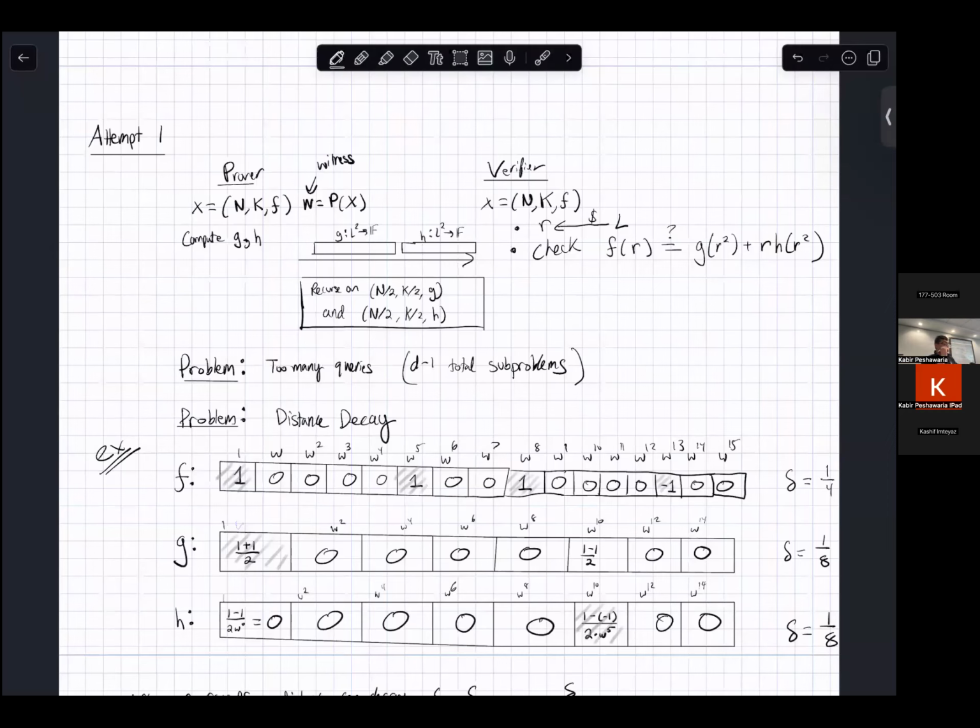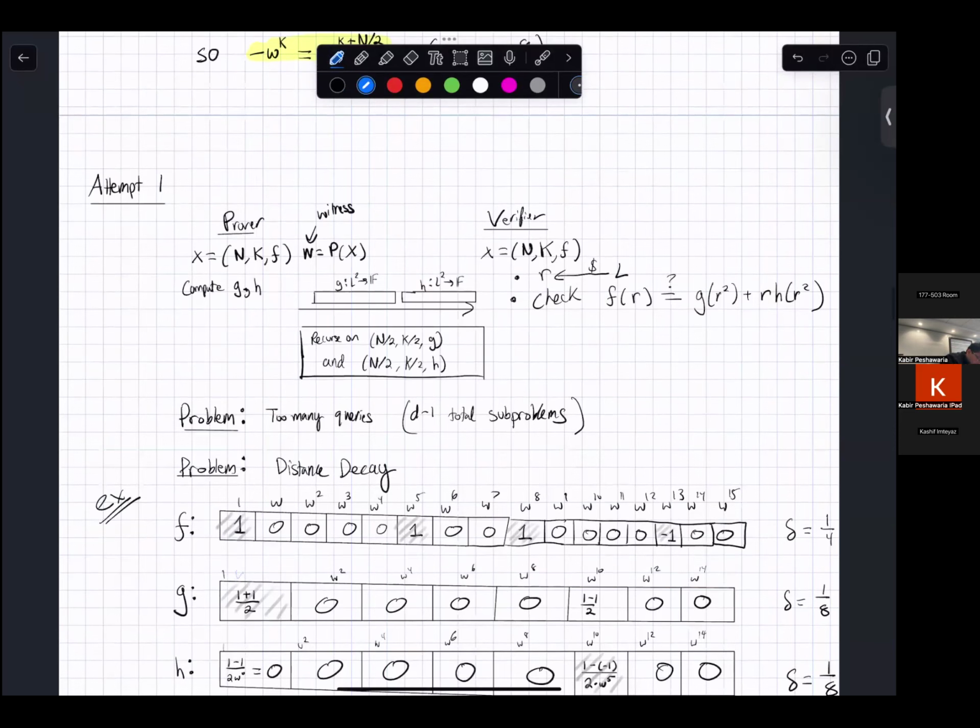Right. So if F is honest, there actually is a low degree polynomial P such that F of x equals P of x for every x in the domain. I can write that out. If the prover is honest, there exists some P of x which is low degree, that means degree less than k, such that for all gamma in L, F of gamma equals P of gamma.